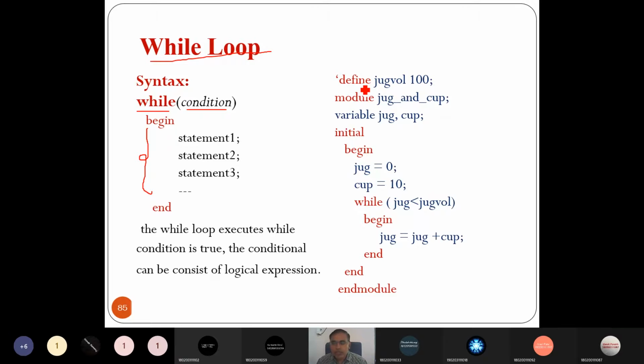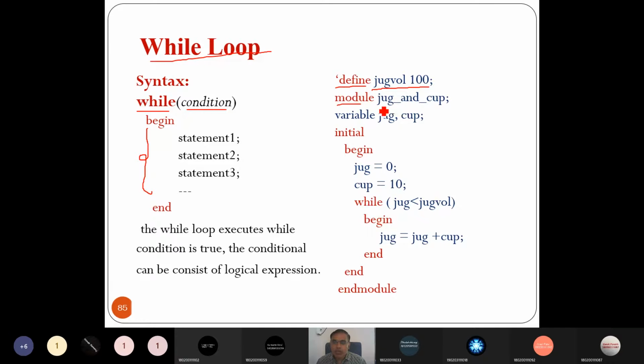So let's take an example. Suppose we have one jug whose volume is up to 100. That number 100 is defined using the define directive: jug volume is equal to 100. So whenever we write jug volume, we take the value as 100.